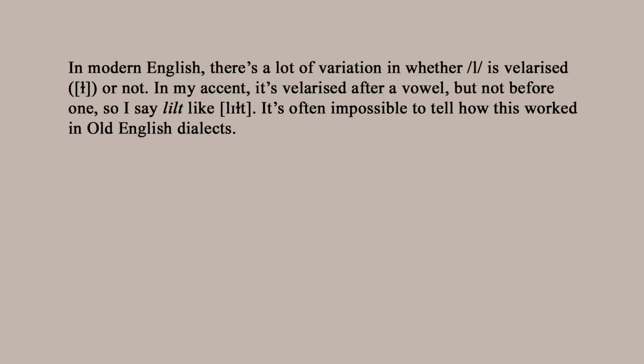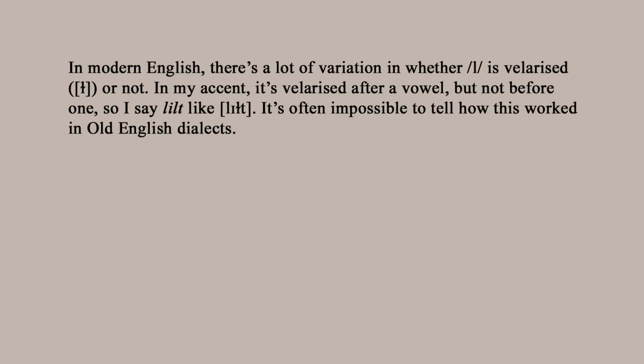There are obviously fine details of pronunciation that we can't know in most cases, which is one of the annoying things about historical linguistics. For example, it's hard to know the regional distribution of how the L phoneme was pronounced across dialects. So in modern English, L can be pronounced anywhere from L to L, with a lot of dialects having both of those as allophones of the same phoneme. So you'd have, for example, I'll use my own dialect as an example. I have L before a vowel, but L after a vowel, which you can hear in the word lilt, lilt. But other dialects do this differently.